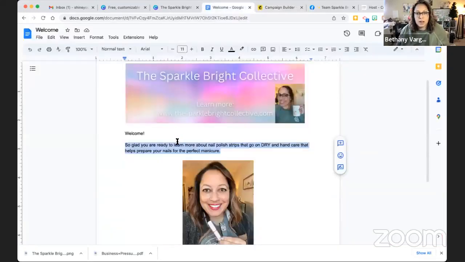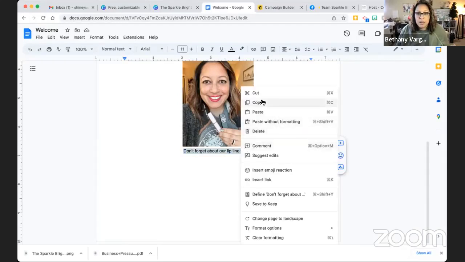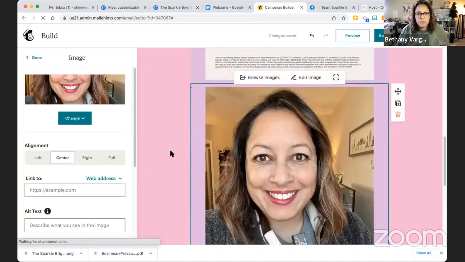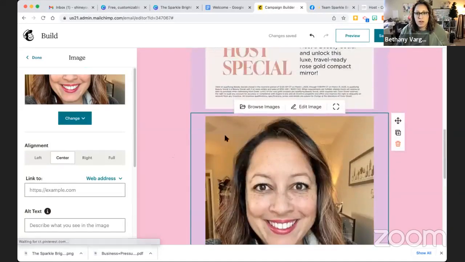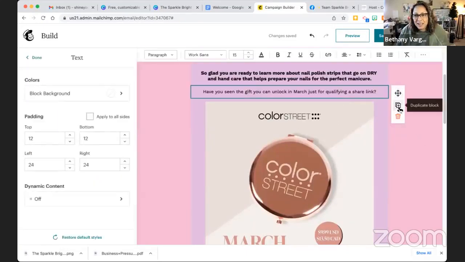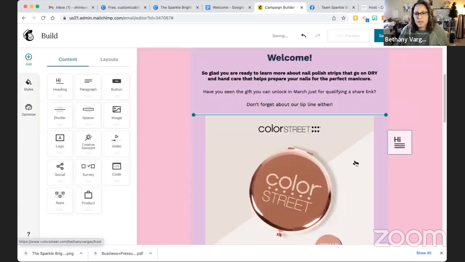And then I'm going to copy and paste. Don't forget about our lip line either. So because I'm talking about the lip line, hold on, I'll slow down. Let me duplicate this block and paste that in there. And then I'm going to move it down